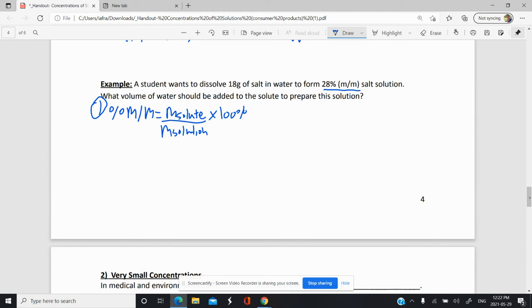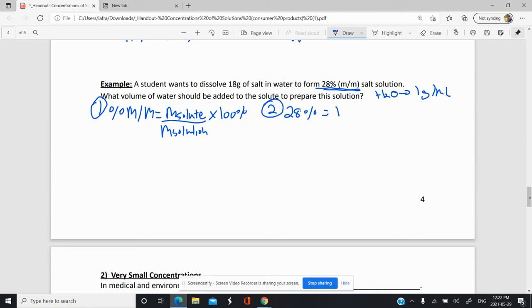Another little reminder I need to let you know again is the density of water is 1 gram per mil. That will be significant for this scenario here. So we'll find the mass of the solution through our rearranged formula, and then from there we can go ahead and find the volume of water that should be added. Now, let's go ahead and write this in a modified way. Let's fill in some numbers here. So we have 28% mm. So essentially, to write that out, we'd have 28%